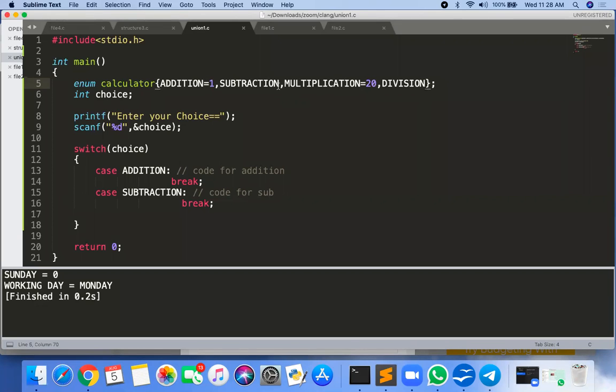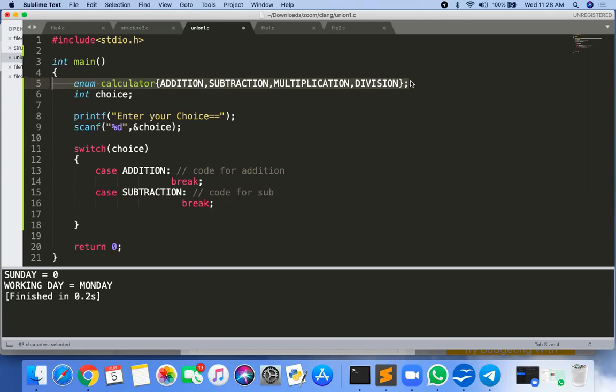Okay, 1, 2. But if you are not initializing, then it is 1 2 3 4. If it is also not initialized, then it is 0 1 2 3. Okay. So the only use of this is that we don't have to hardcode the values in our program. Instead of giving the constant value, we can give the name of that constant value. Again, one more thing here: it doesn't require any memory. If you create the enum, it doesn't require memory.